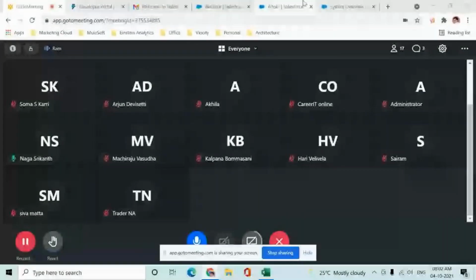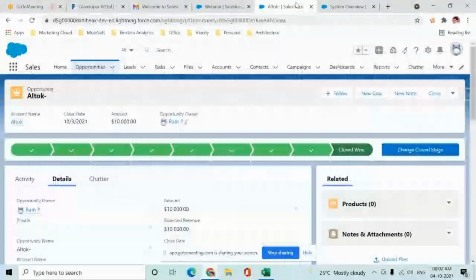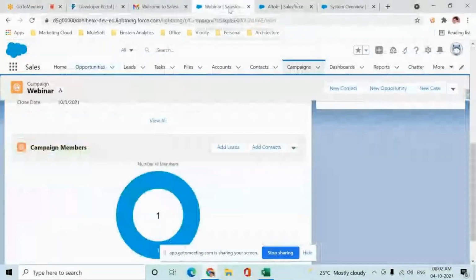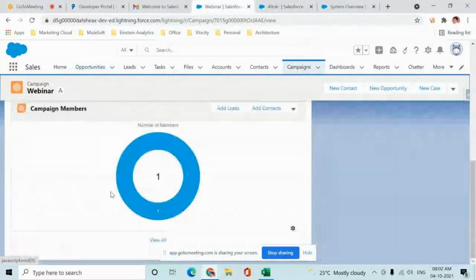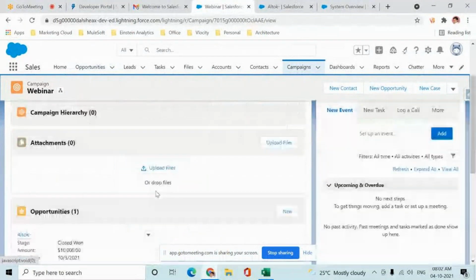You will see the opportunities and campaign members in the related list of the campaign record. Can you see the screen? Oh, sorry, I think I might have stopped. Webinar is my campaign. If I go to related, you can see the opportunities and the leads. Campaign members are nothing but the leads, and opportunities also you can see.